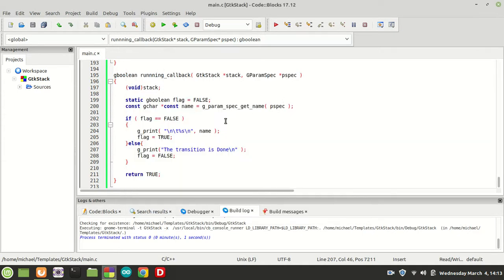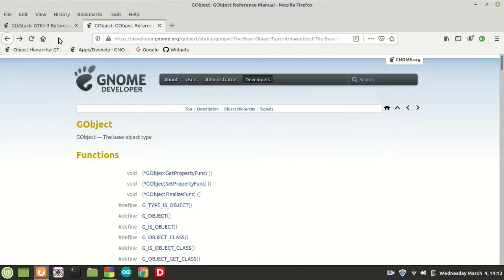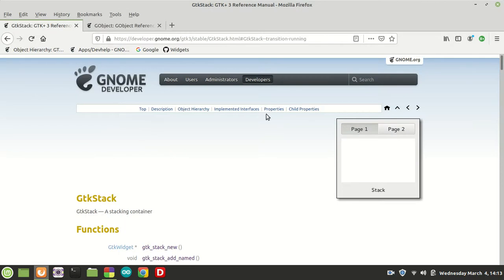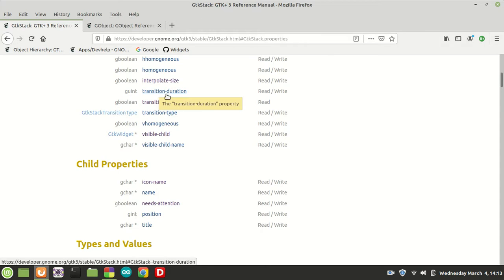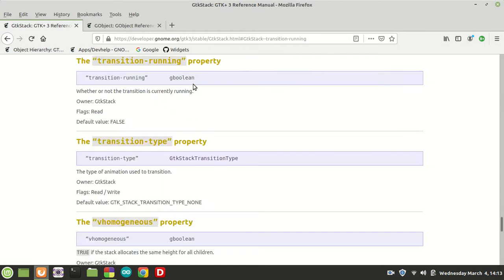Okay, where's the second problem? The second problem is the callback function itself. The return type of our callback function is bad, is wrong. Sorry guys. I was concentrating on the fact that the GTK stack property, the transition running property, needs a Boolean value of true or false. I mixed it up somehow with the callback return type, which is bad because